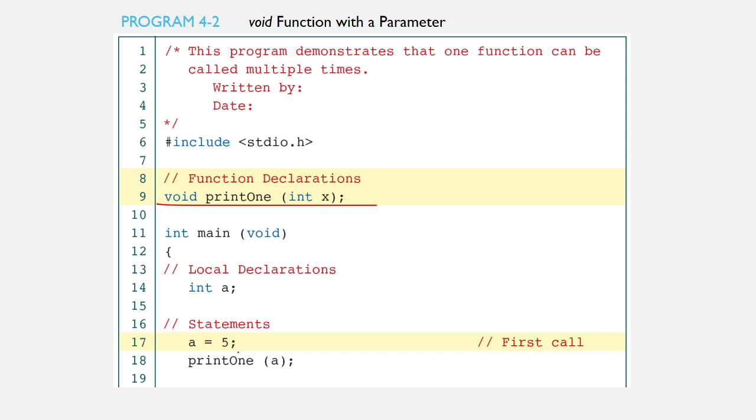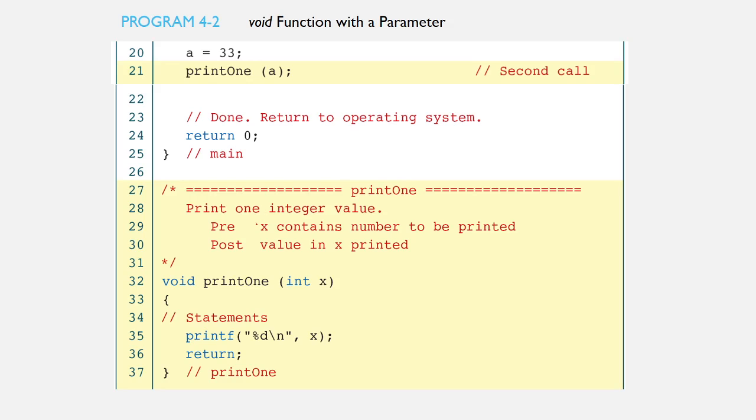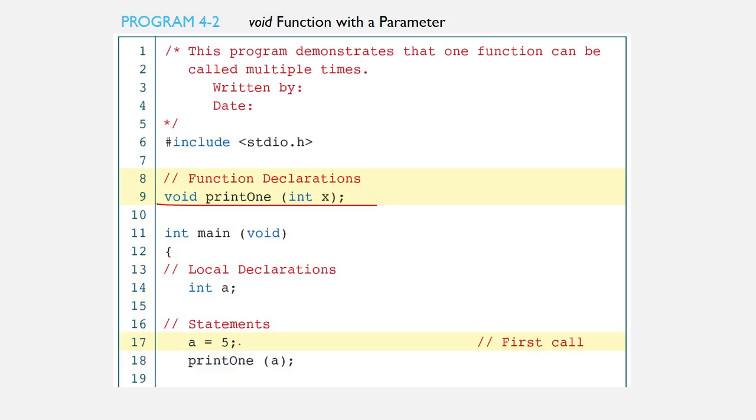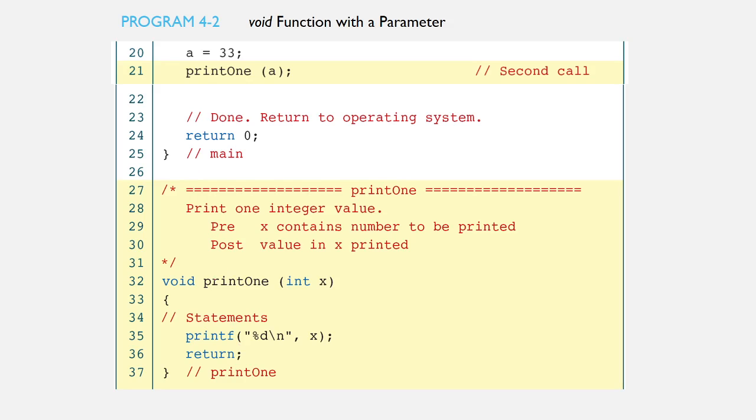So the value of a, which is 5, will be passed here and processed and printed. The first function call will go to the function definition and display the value of x, which is 5.